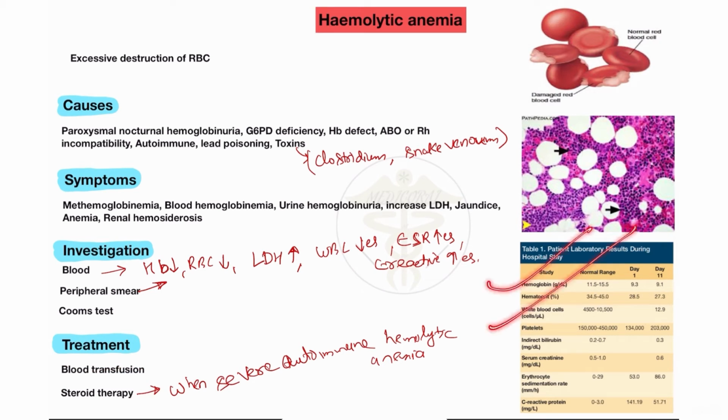This is the investigation. Here you will see the destruction of RBC in the patient with hemolytic type of anemia. You will see destruction of RBC in the blood smear, and also the spleen size increases, and the liver size also increases in the patient with hemolytic anemia. Okay, this is the histopathology of the hemolytic anemia patient.